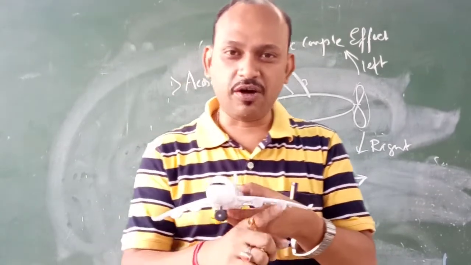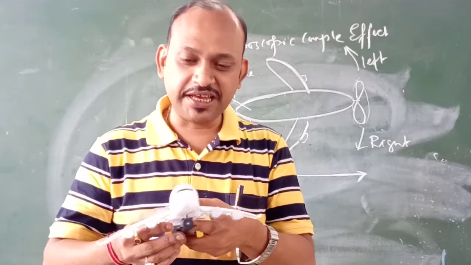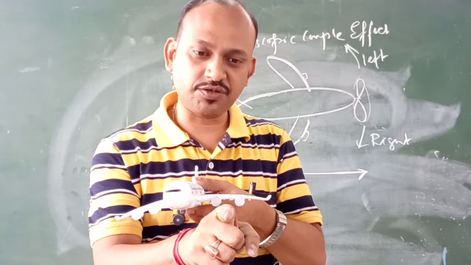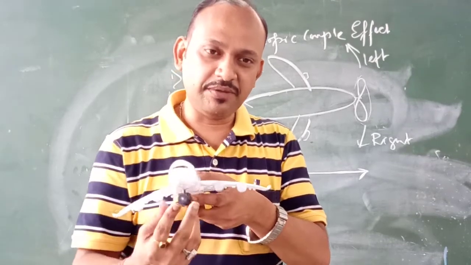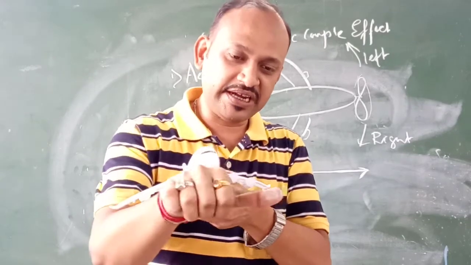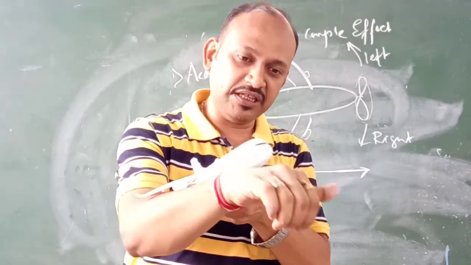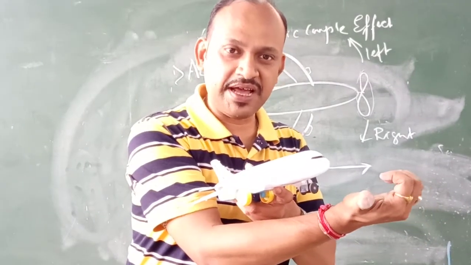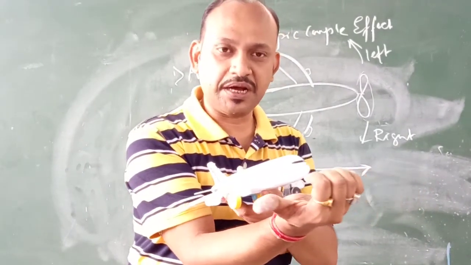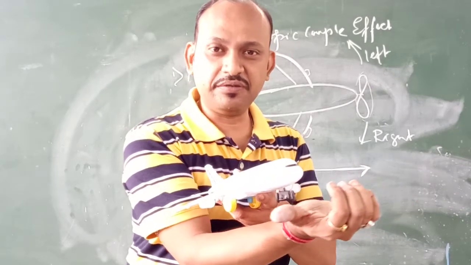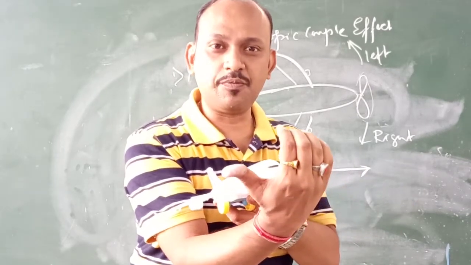Now if we follow the opposite thing, when the plane is taking a left turn, we can see that this is the direction of axis of spin. So when the plane is taking the left turn, this is the direction of active gyroscopic couple pointing in the downward direction. And in order to balance this, we have to apply the reactive gyroscopic couple that is actually pointing in the upward direction. So the reactive gyroscopic couple should point in the upward direction.